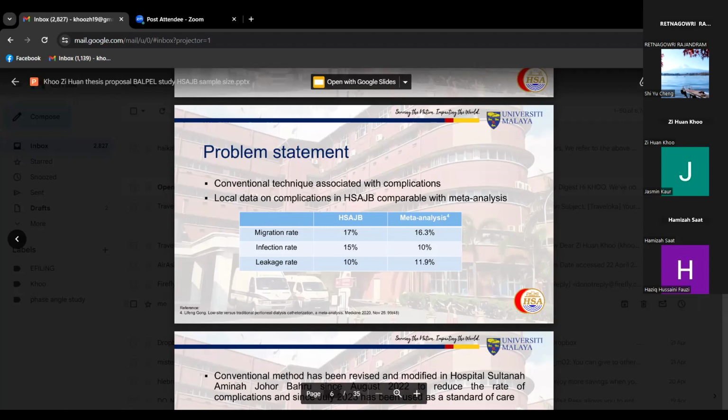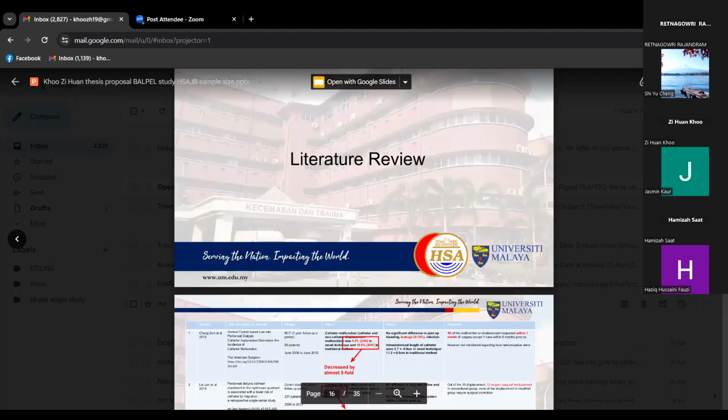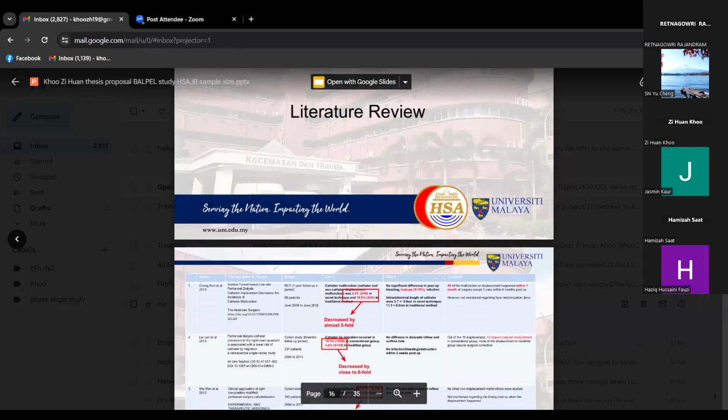No one has ever reported it. I do have one paper which actually studied some modified technique which is similar to mine. The first Chengshan study. So not for the modified, because you're also going to be doing a modified technique, but a different modification than this paper in 2015, right?